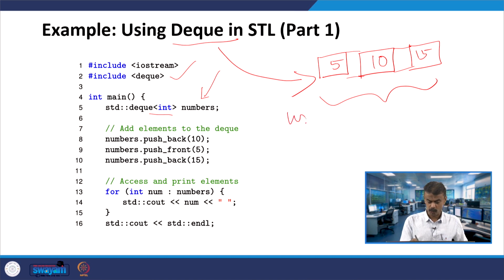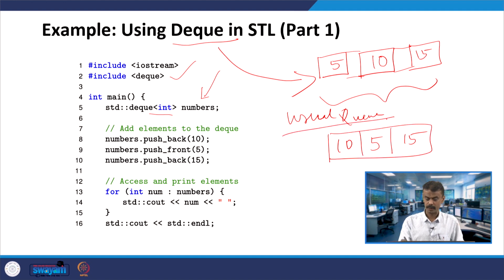The usual queue would have been 10, 5 and 15, whereas in the case of a deque, this is possible.